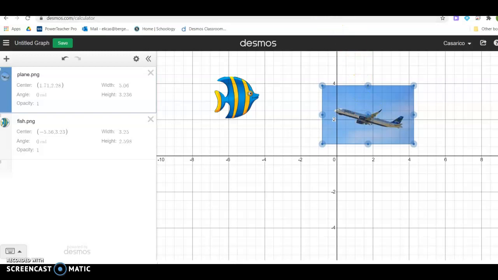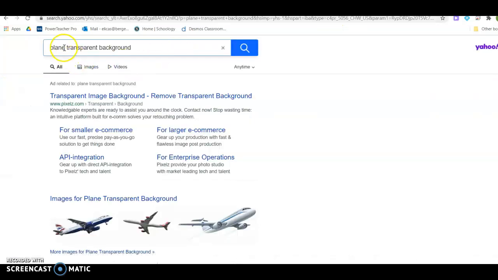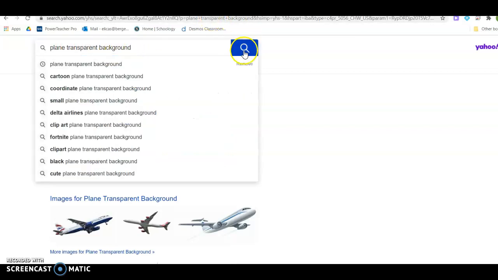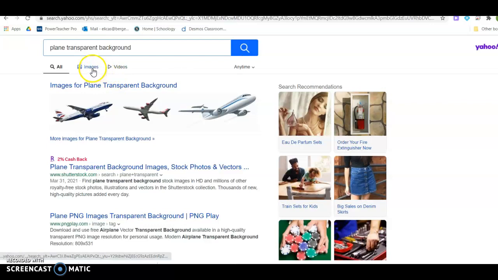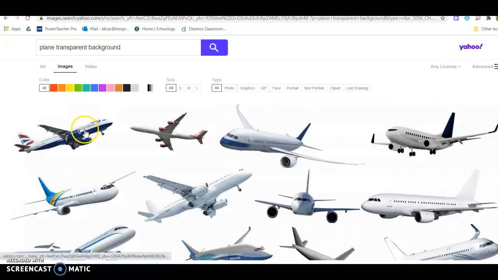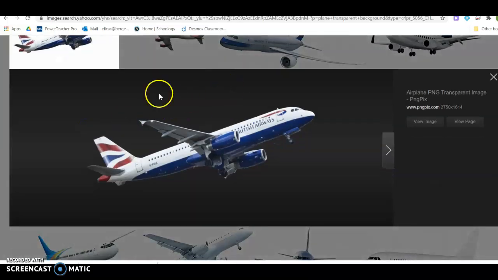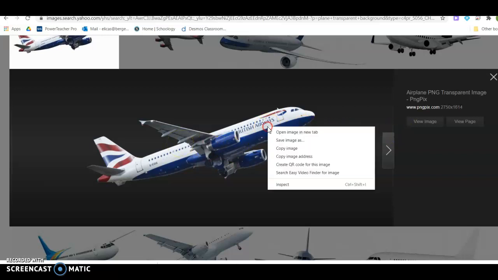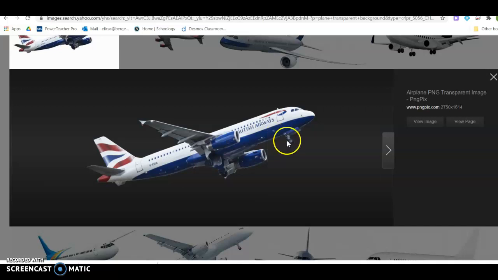One, you could search for something like plane with transparent background. And the images it's going to give you, I would check right when you click on them. Usually if it's got a black background or the checkerboard with the gray, that means it's going to have no transparency in its background. So let's actually, I'm not sure if this one, I haven't actually checked it, but let's, I don't want to copy an image. Let me save the image as